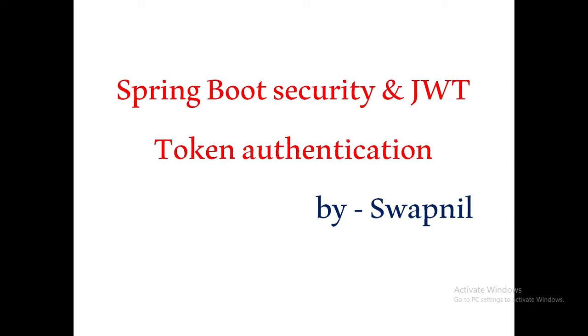Once we are done with Spring security, we will jump into the JWT token. There we will learn how the JWT token is formed, what the basic parts of the JWT token are, how to configure the secret, how to set the expiry time for this JWT token, and how to get the validation and authorization object from this JWT token. That we are going to see. So let's start with Spring Boot security first.